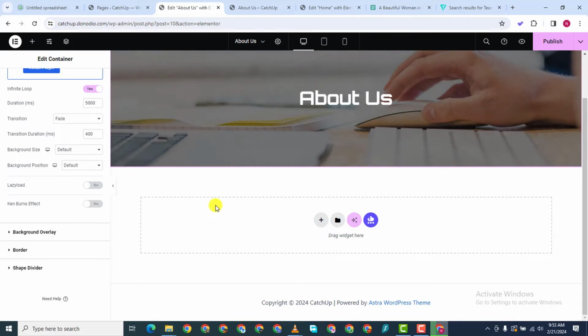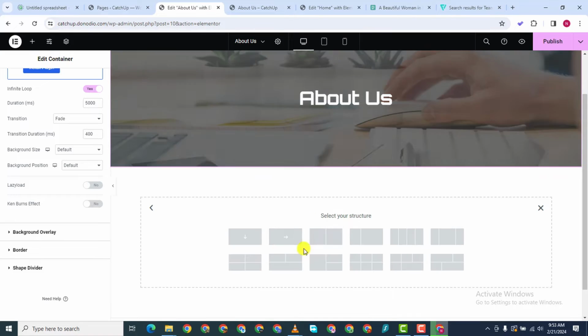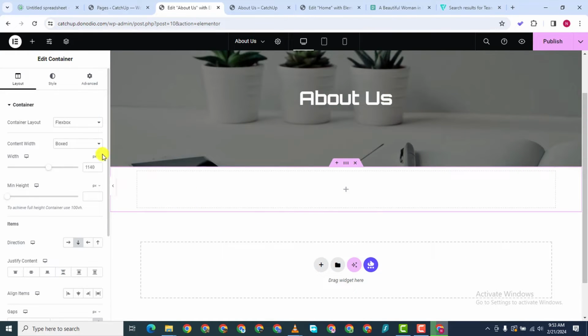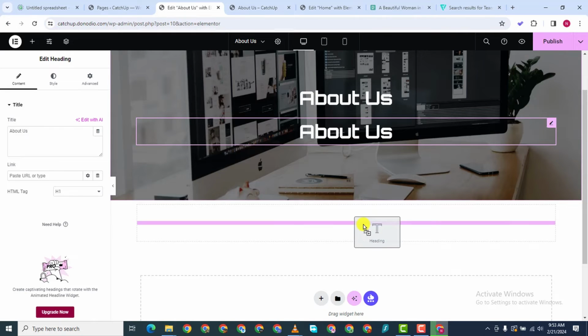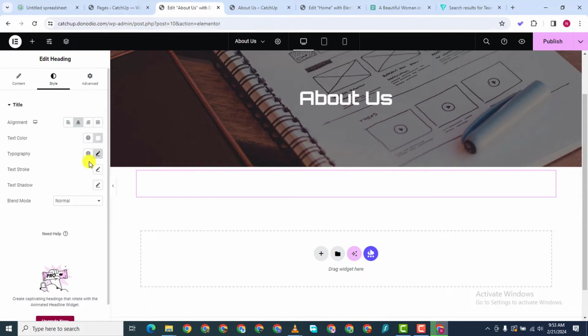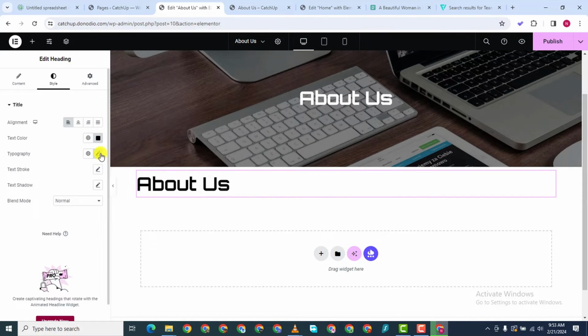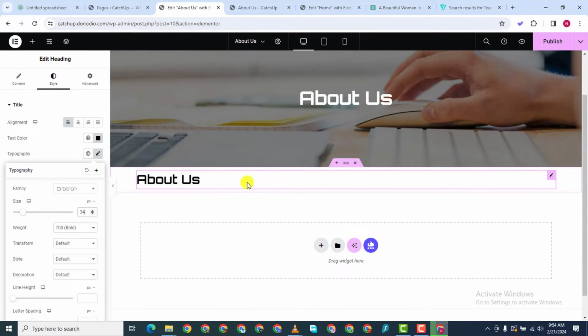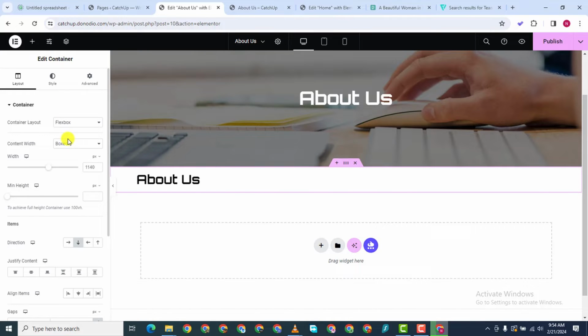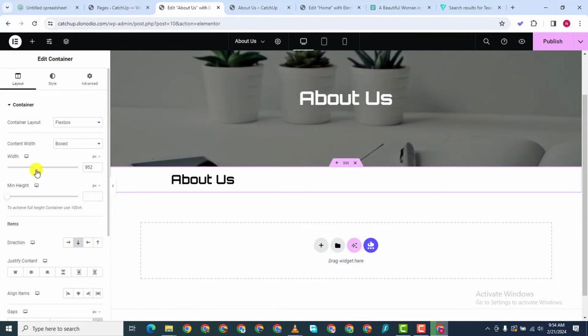So for the About Us section, I'm going to add a container and put a heading there. I can just duplicate this to save time. Bring this here. I'll change the color to black, and then I'll align it to the left. I may just change the size. Okay. I'm going to give this container a width of 900,